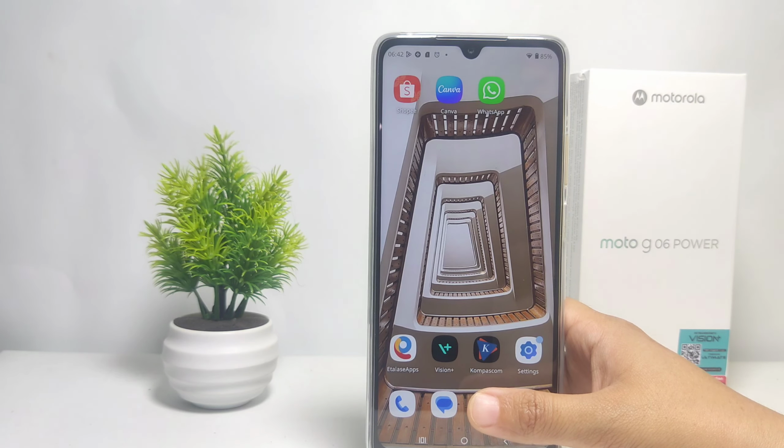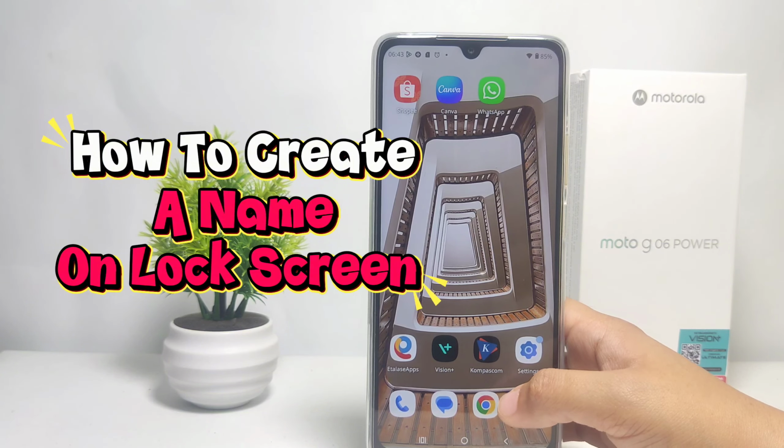Today in this video, I'm going to show you a tutorial on how to create a name on the lock screen on